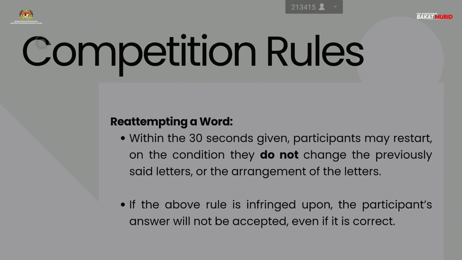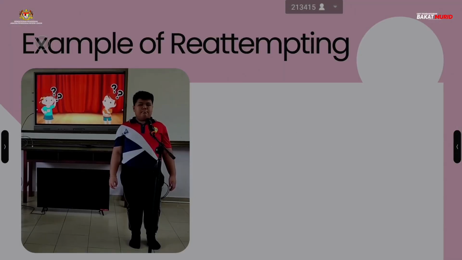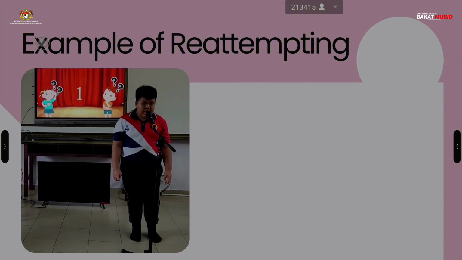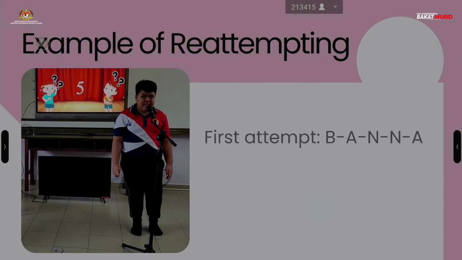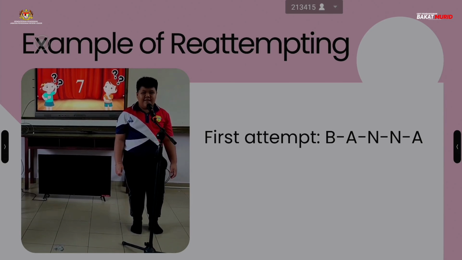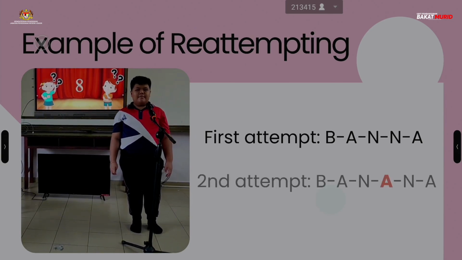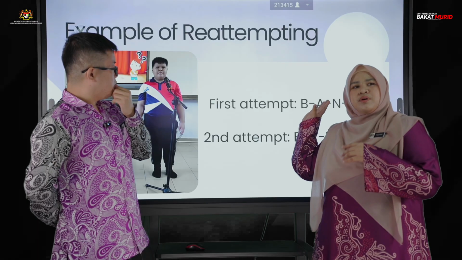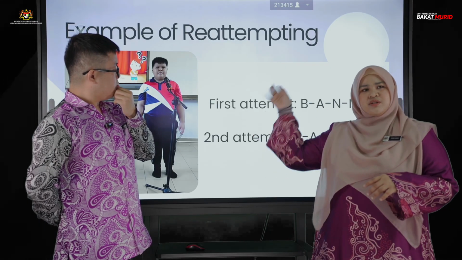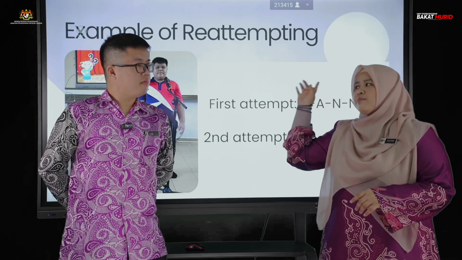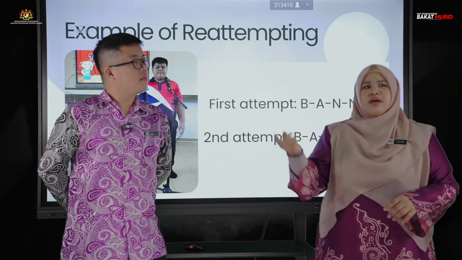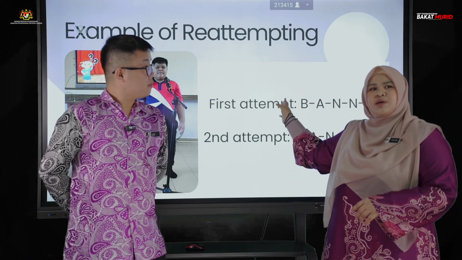Maybe it's not clear. Now let's look at a video of what it means to reattempt a word. Spell the word banana. Banana, B-A-N-A-N-A. Banana, B-A-N-A-N-A. Okay, so you heard what the speller said on the first attempt. He spelled B-A-N-N-A, and then he remembered that it's actually wrong, and then he goes for a second attempt where he spelled